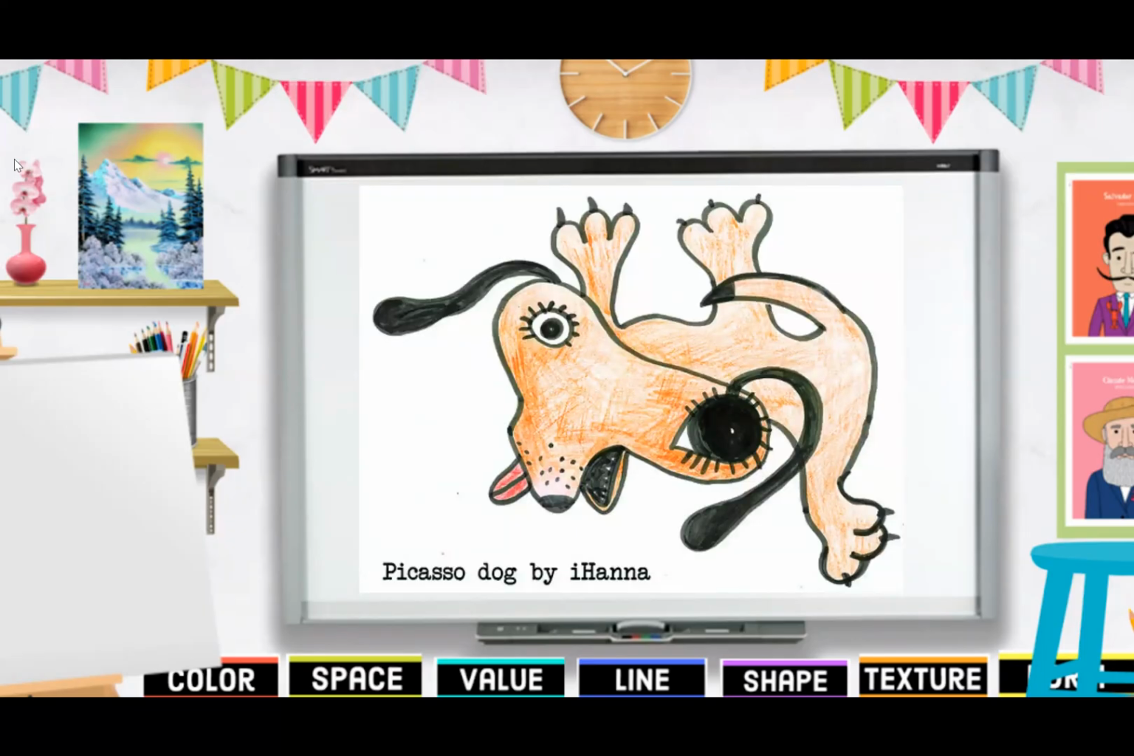Take a look at this animal that Hannah created. Tell me in your chat box what animal this artwork makes you think of. It's not realistic, it's more abstract. Yeah, it does look like a puppy or a dog. Today we're going to create